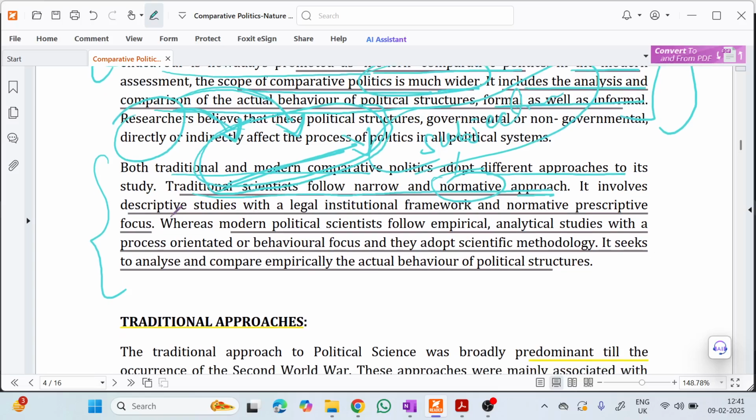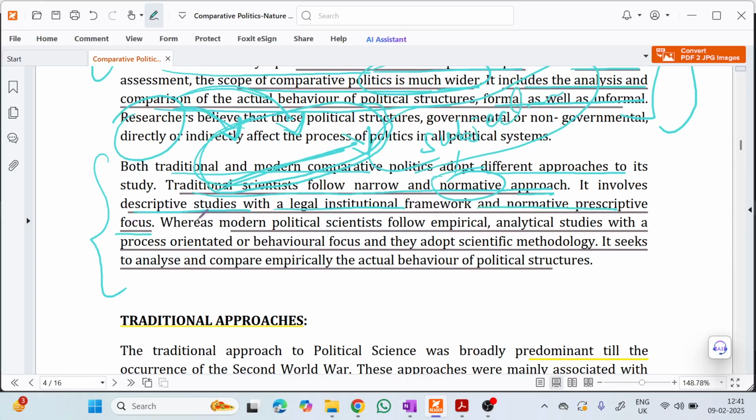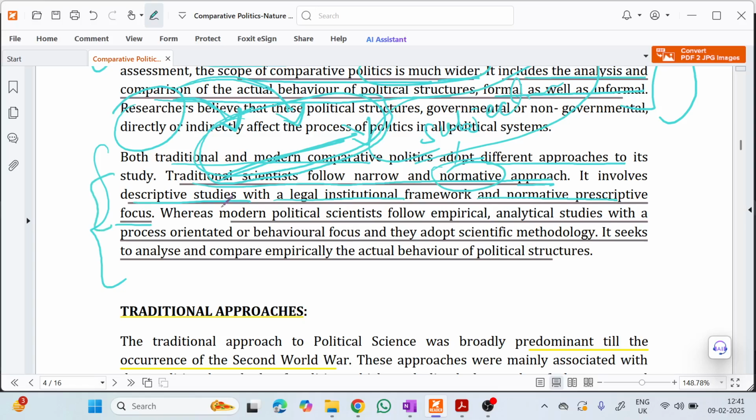And again, the traditional comparative politics involved descriptive study with a legal institutional framework and normative prescriptive focus. So again, it means that they were confined to the formal institutions and they were subjective studies, whereas modern political